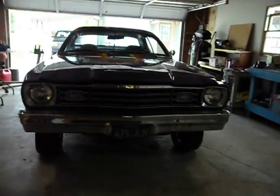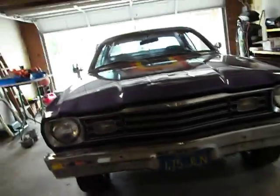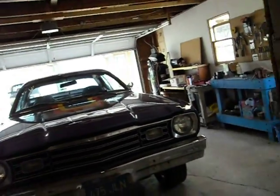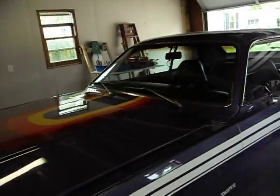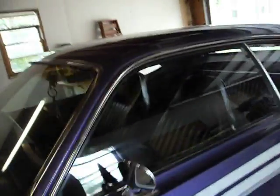This is my '73 Plymouth Duster. I was just going to show you a little audio setup that I figured out with the help of some guys there at moparts.com. Thanks a lot, appreciate that. What I wanted to do was hook up an iPod in the car and get a kind of full stereo, although it's only two speakers,